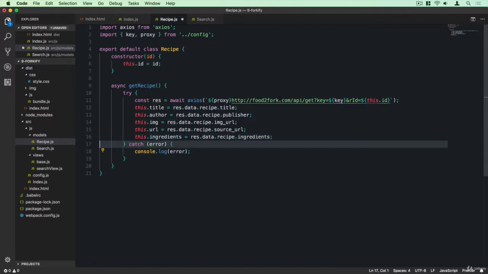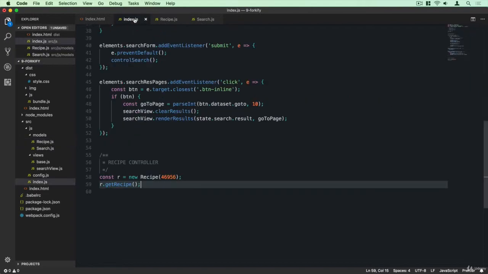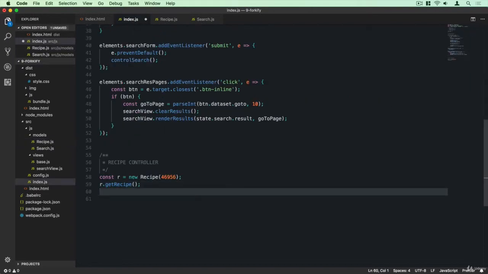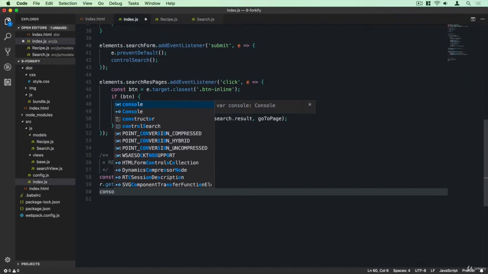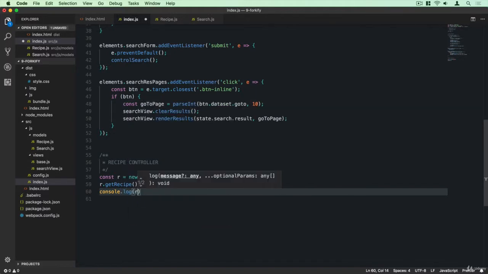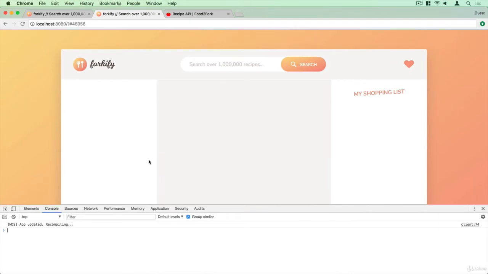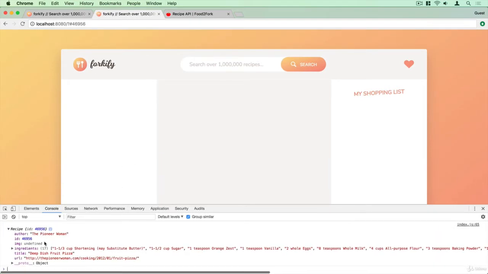So let's get rid of this console.log here. And what I'm going to do instead here is to log our object. So again, this is just for testing, of course. But now I want to actually see the entire recipe. And so here it goes. And indeed, we have our author, the ID, the image, which for some reason is not really working. Then we have the ingredients, we have the title and the URL. So that's all that we need in order to display the recipe on the UI here in one of the